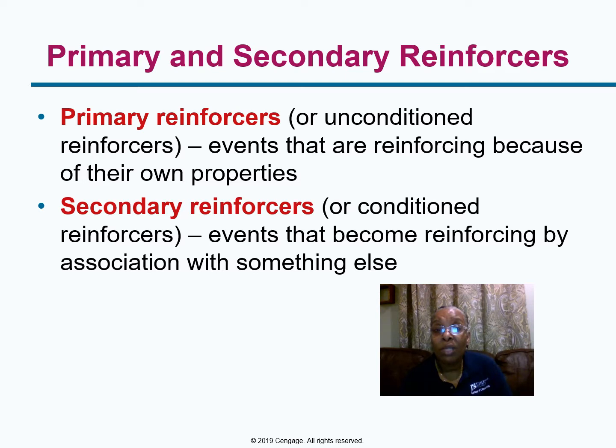And it becomes reinforcing because we exchange it for food or other primary reinforcers. You could think of a primary reinforcer, we said food and water. It's necessary for us to have clothing, to keep safe, a roof over our head. The secondary reinforcer is money. We need money for food, water, clothing, and a roof over our head. So that's why money is considered a secondary reinforcer.